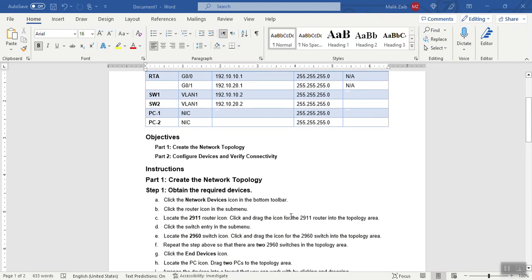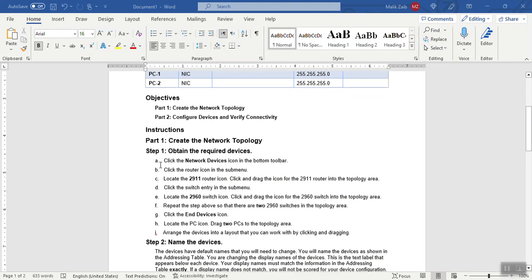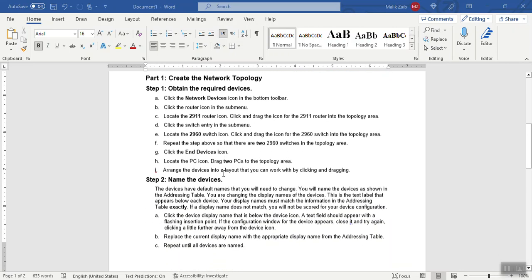The instructions for this lab, for creating the network topology, which is the first part of the lab, are that you have to obtain the required devices. As I told you in the beginning, first of all you have to check what devices are required. The required devices are mentioned here, and how you will take the devices in the Cisco Packet Tracer, the scenario is given there.